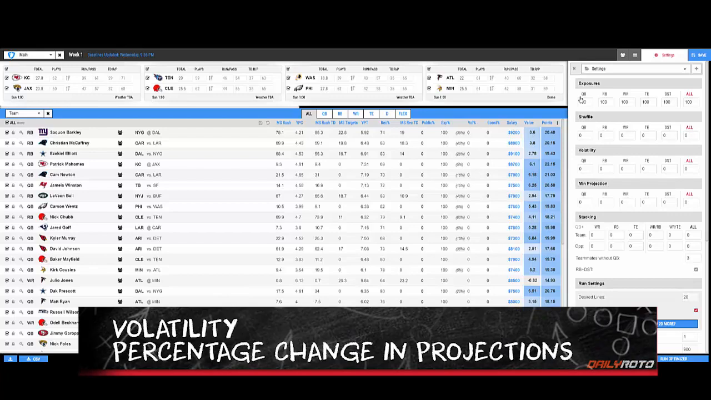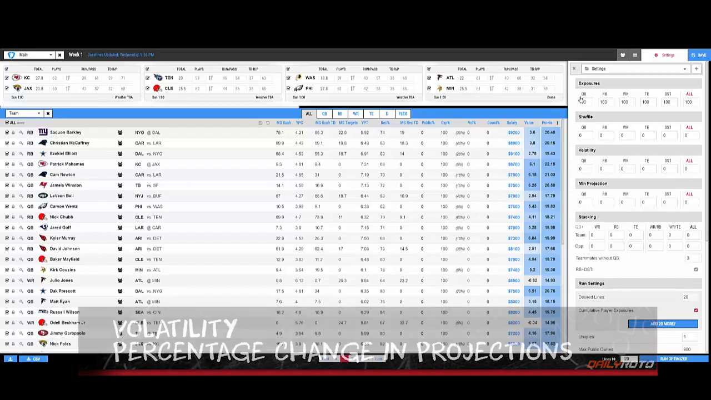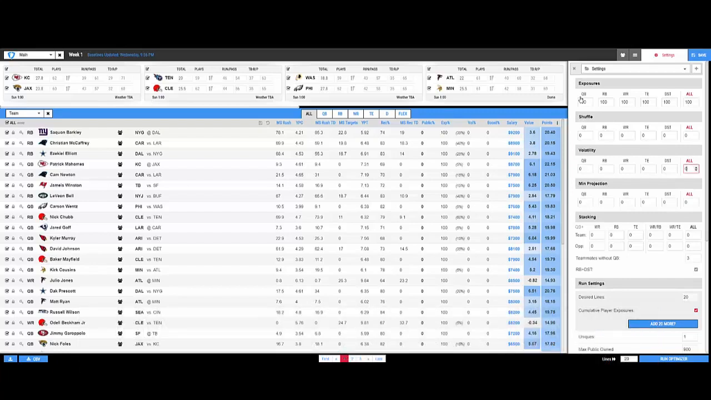Volatility, very simply, is a percentage change to the projection, plus or minus, that's going to give a range for the projections. So for example, if we put in a volatility of 10% on every position, and again, you can do all these adjustments by position if you'd like, or you can do them all at once, which I've done here. 10%, let's say for Saquon Barkley, 10% of 20.4 would be 2.04 fantasy points, right? So this is going to take a range of Saquon Barkley's projection from 18.36 to